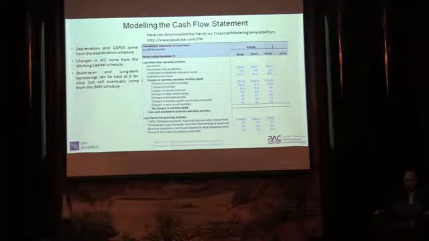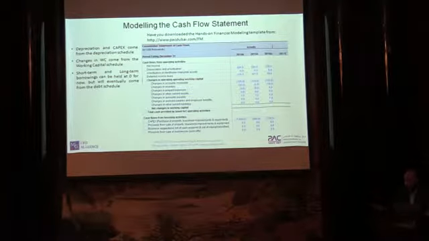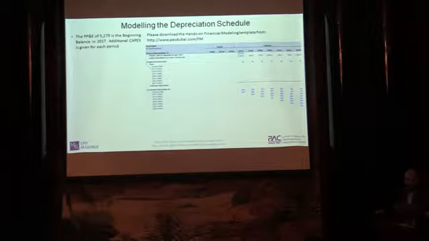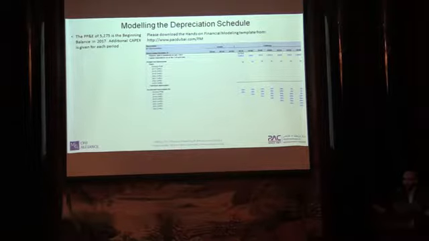And finally, short and long-term borrowings can be held at zero, but will eventually come in from the debt schedule. The debt schedule is the last thing that we are going to build in the model. Another assumption that we're making here is that the PP&E, that's property, plant and equipment, would be 5275 in the beginning balance of 2017. Additional capex is given for each period. I've already put it in the Excel sheet for you, so you won't have to ask me again for it.